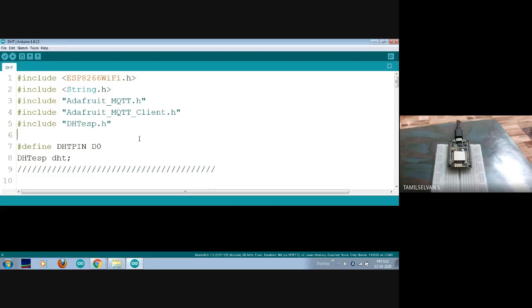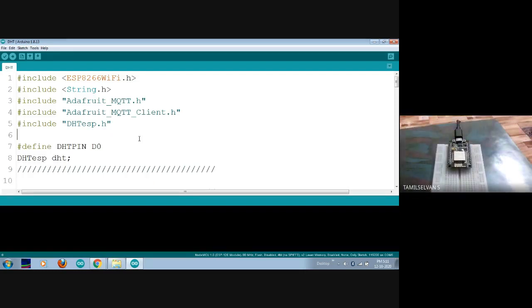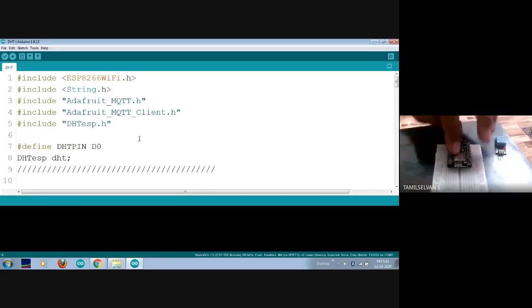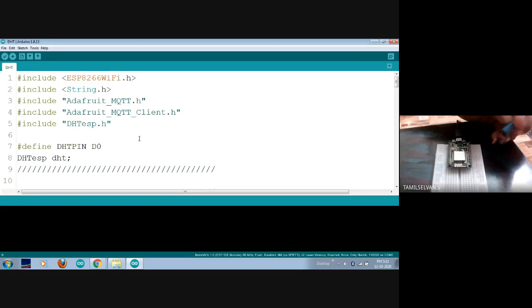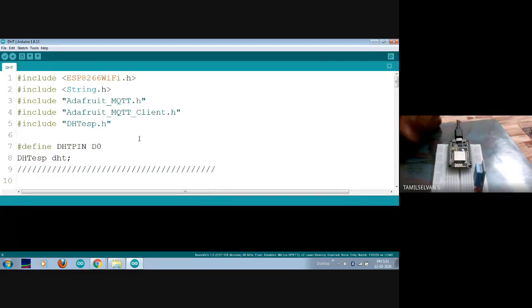So what is the exact application? For measuring the environmental parameters or the weather report of one particular area, we can use this project. Here this is your sensor, the DHT11 sensor, and this is my ESP controller. By adding this sensor to my controller, my data will be uploaded into the cloud. For example, if I'm residing in one particular place called Erode, I will be updating the Erode city's current temperature into the cloud.